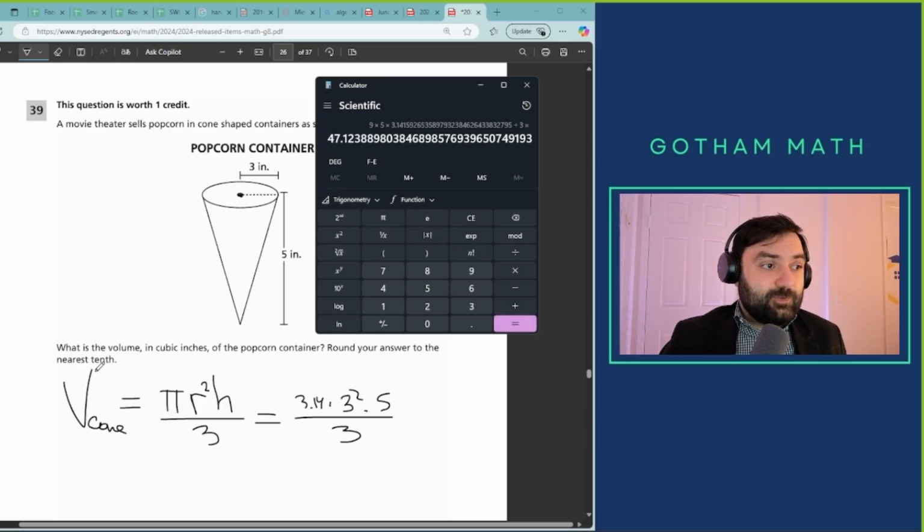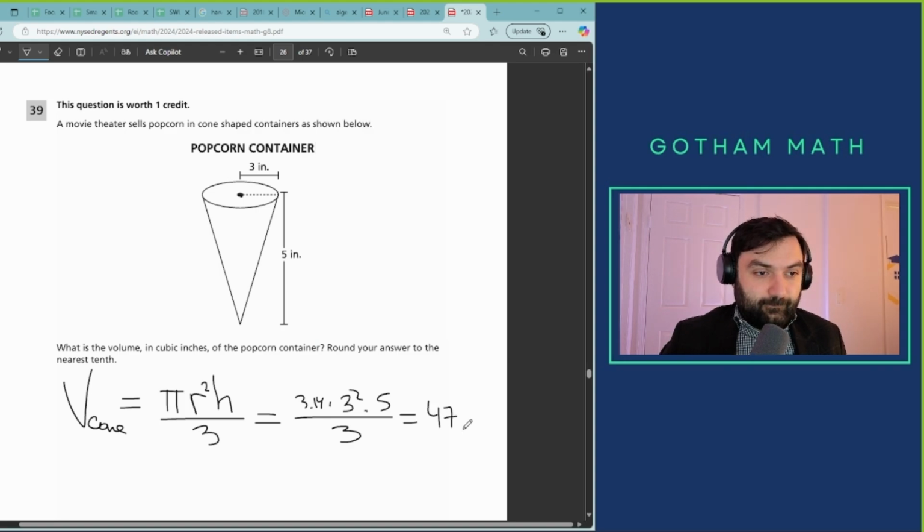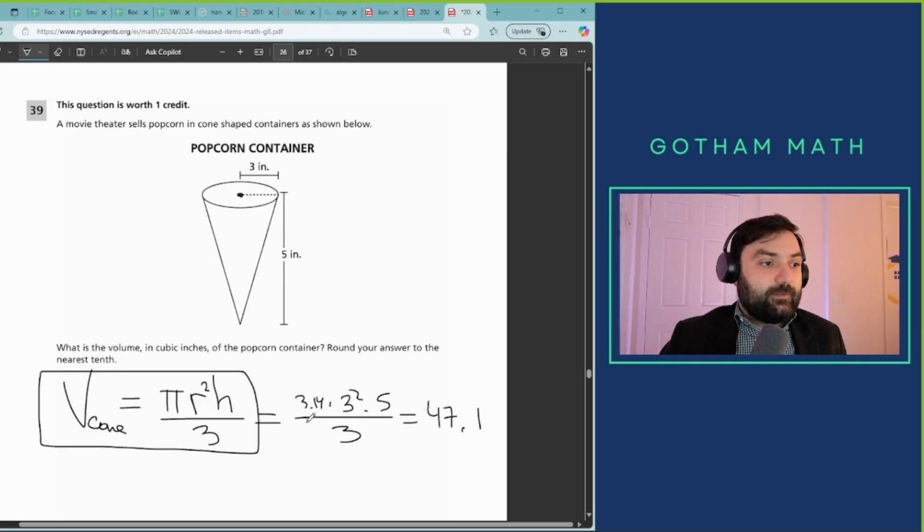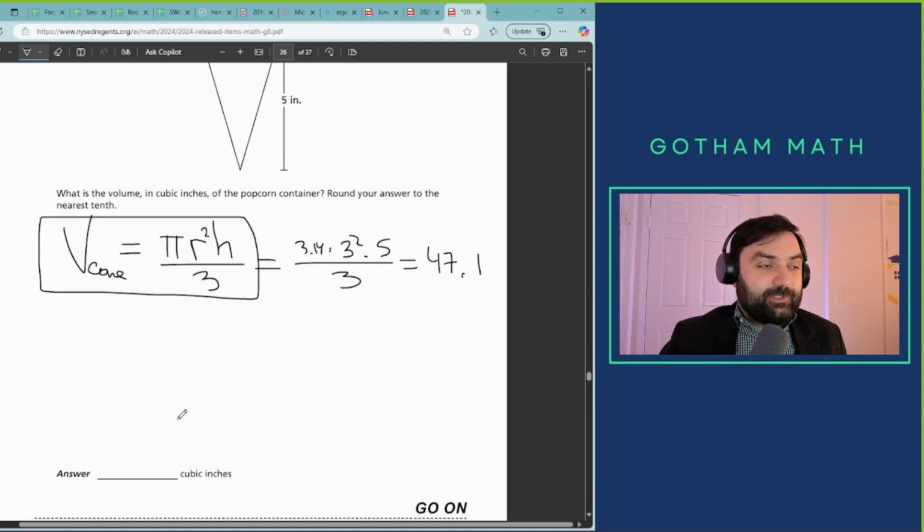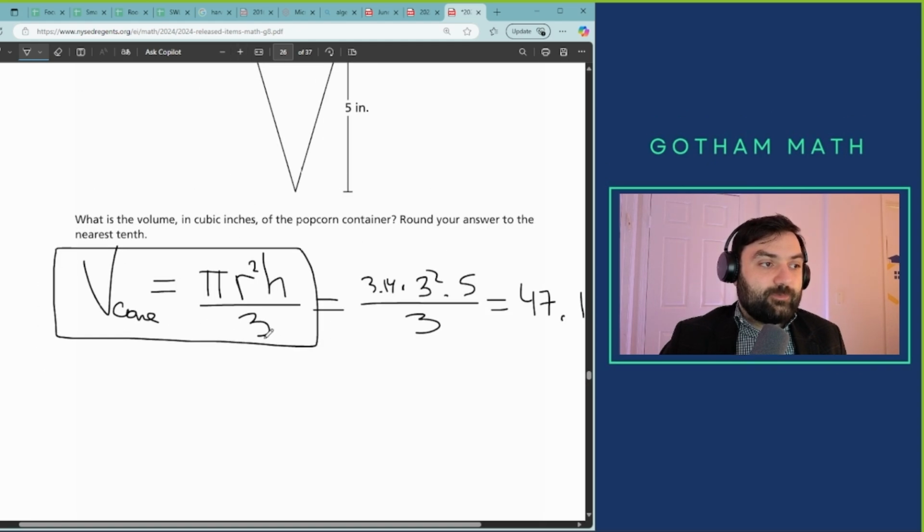47.12. To the nearest tenth, it will be 47.1. And that's the answer. The most difficult part of this is knowing the formula. And that's it. I can actually show you how to remember